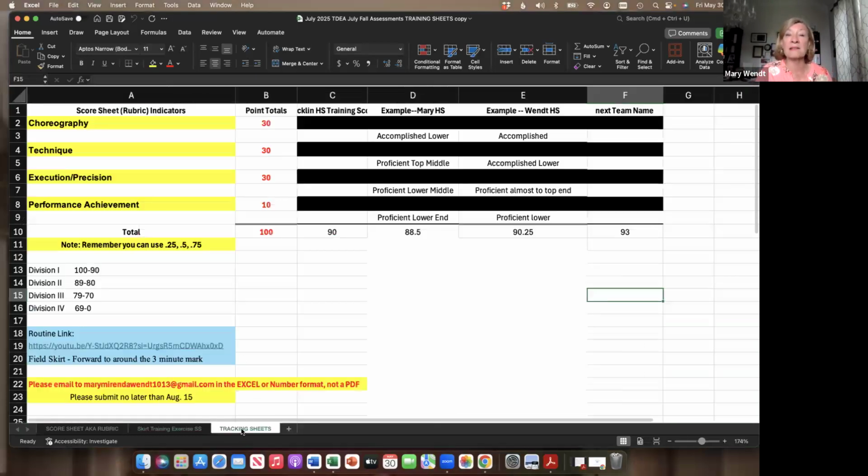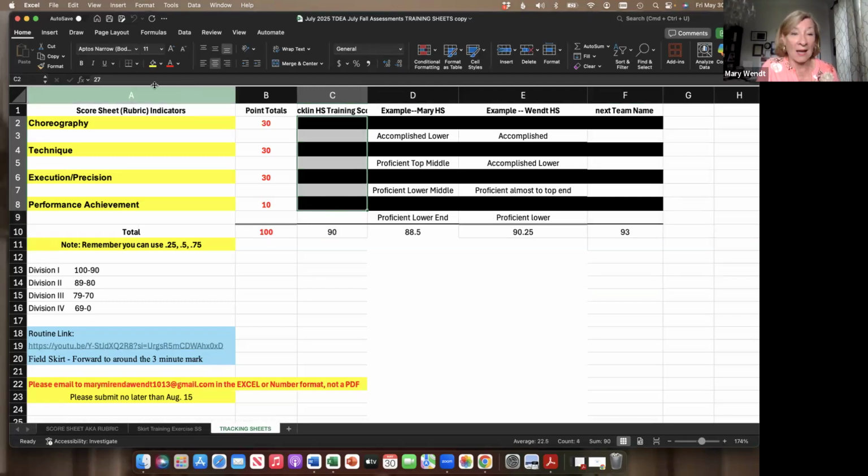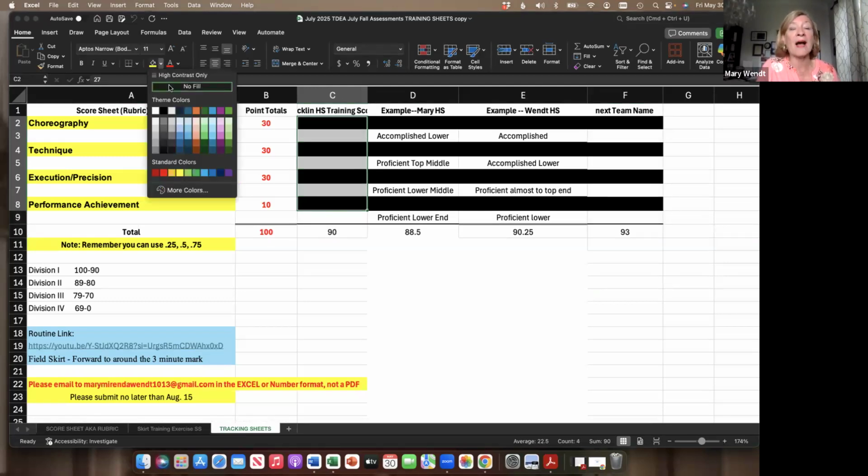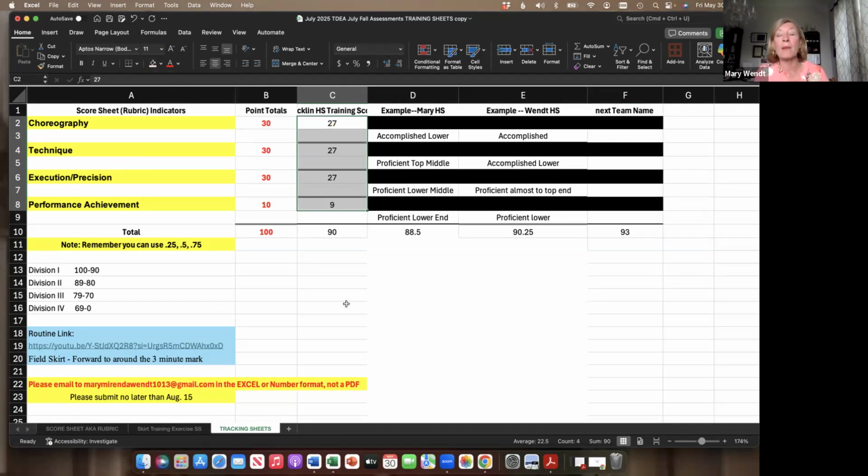Now let's go and discuss numbers. I'll talk more about tracking sheets later. Whenever you are scoring, I think it's very important that you realize what the foundation is. What are the bottom numbers? Remember when I told you, both in the introduction video and also at the beginning of this video, it's important to know what your foundation is. The very top of proficient in every caption is 27, 27, 27, or a 9, and that's your 90,